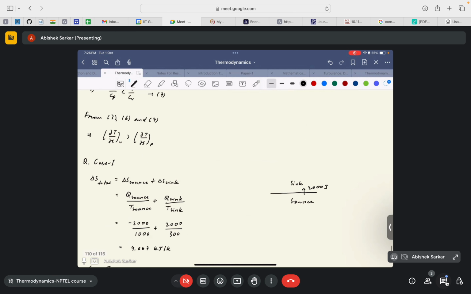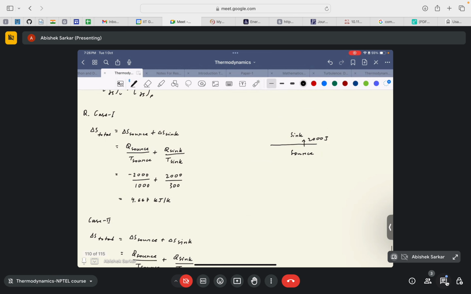Okay, you can consider something like that. Rather than consider heat engines that need to have, say, a difference in the heat transfer, you can consider it as an interface where the heat is being transferred from the source to the sink. With that understanding, if you substitute the value of the Q source, Q sink, and T sink,